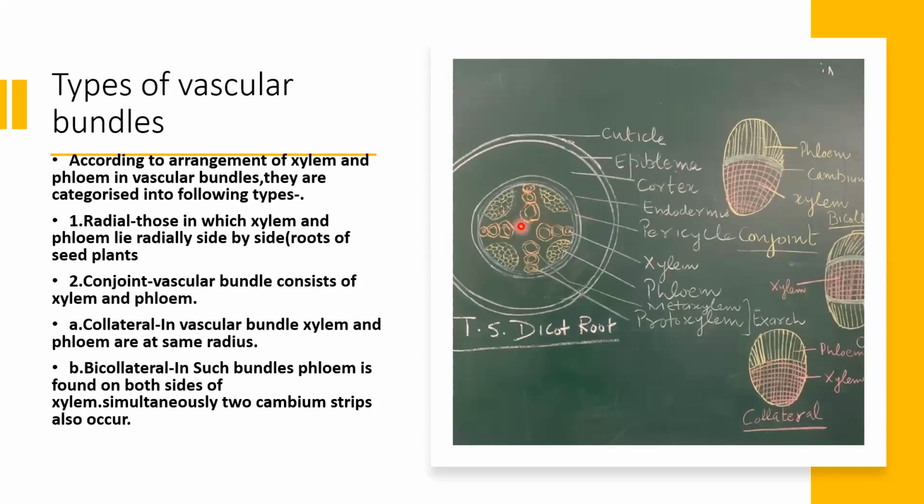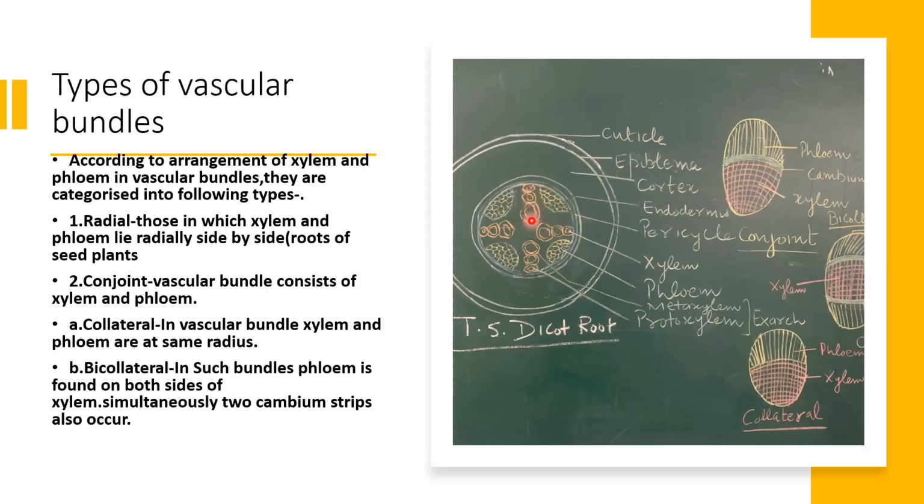Different kinds of vascular bundles exist depending upon the arrangement of the vascular tissue. If you see the anatomy of the root of a dicot plant or monocot plant, we'll see that vascular tissue is arranged radially. Now, what is the radial arrangement of the vascular tissue? Now, this is the xylem and this is phloem. Again, xylem, phloem, xylem, phloem, xylem, phloem. I mean, they're alternating with each other. Xylem is alternating with the phloem. So this is called a radial arrangement of the vascular tissue.